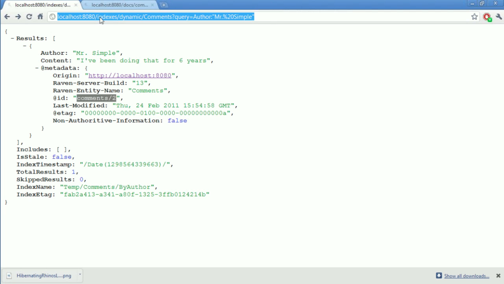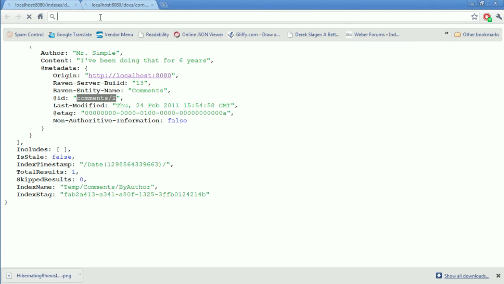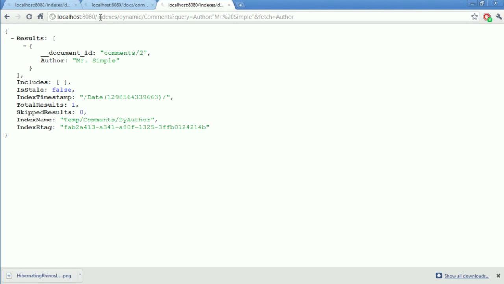And now let's see the information directly from the index store. I'm just waiting for everyone to catch up with what I'm showing. Okay, so we have the actual index store.